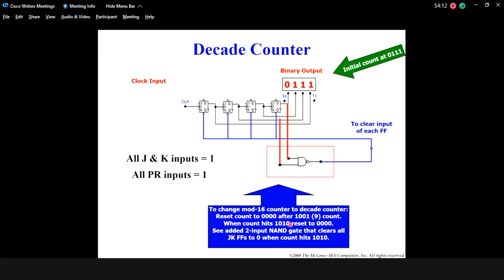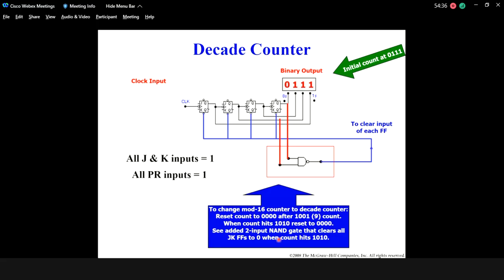So when it hits 1010, it will change, become 0000. So we need to tap the value of 1 at the 8th place, and then the value of 1 at the second place here. And then we put that one